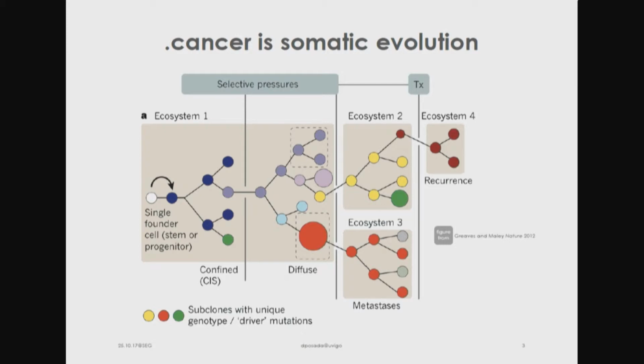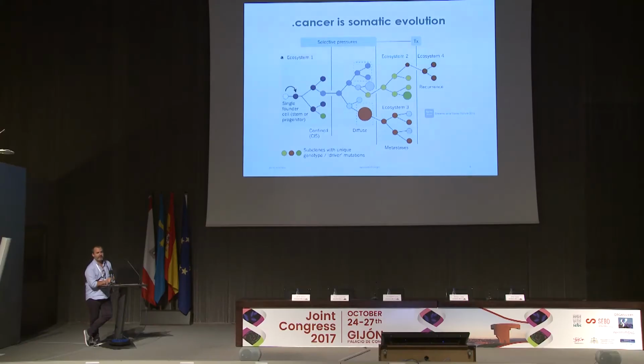This might be physical pressures, or competition with other cells, whatever, and only this clone is able to grow, outgrowing the other clones. Okay? This is positive selection. It keeps evolving, becomes bigger, and at some point acquires, for example, the ability to colonize new ecosystems. That would be a metastasis, to change places, okay?